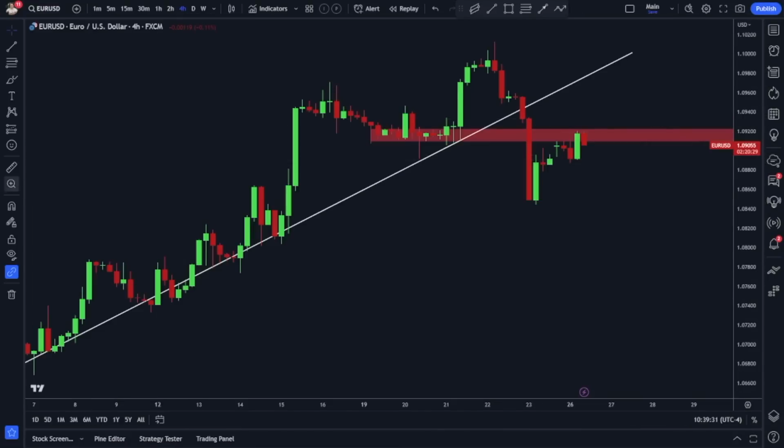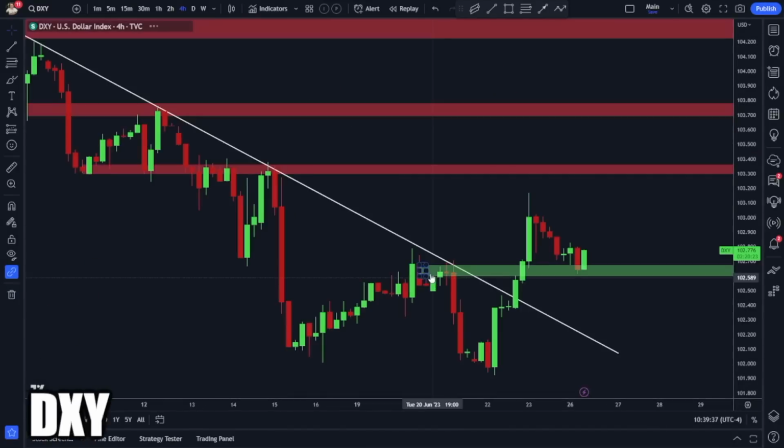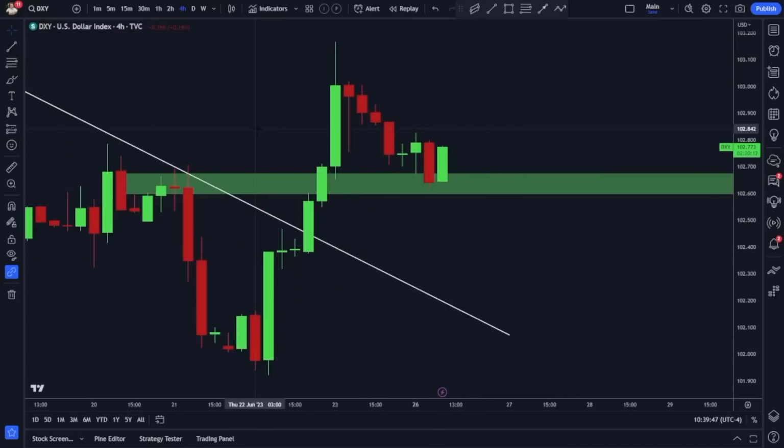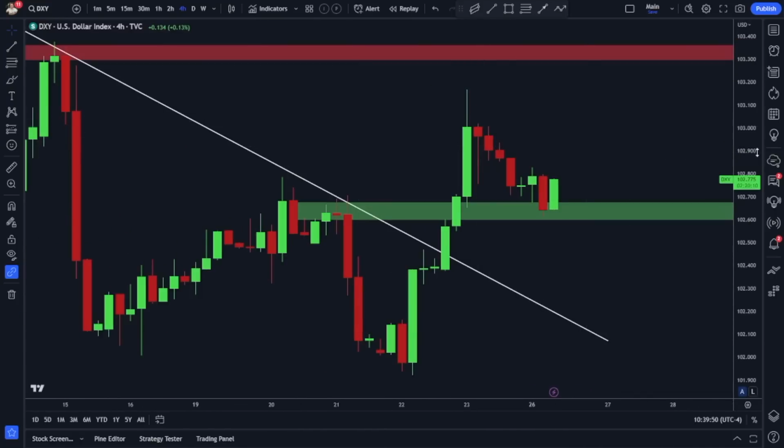Now we'll take a quick look at the euro. So the dollar movements recently have shown some strength. Let's come back to the euro in just a second. We'll take a look at DXY. Price broke out of this downward trend, a pretty impressive breakout higher. Price retesting today. This is going to be a big test for dollar bulls and bears. Watch today's price action. This is a 4-hour chart.